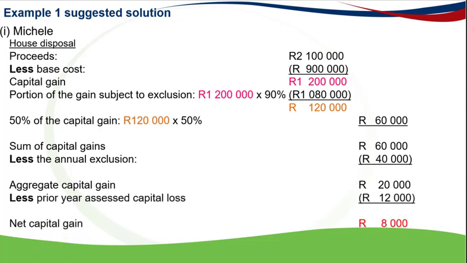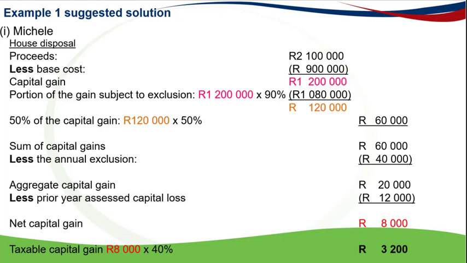One of the key items noted in this scenario was that Michelle had an assessed capital loss carried forward from the prior year of assessment. Therefore, the aggregate capital gain of 20,000 will be reduced by the assessed capital loss of 12,000, resulting in a net capital gain of 8,000. Finally, the net capital gain will be multiplied by the inclusion rate, which is 40% for natural persons as well